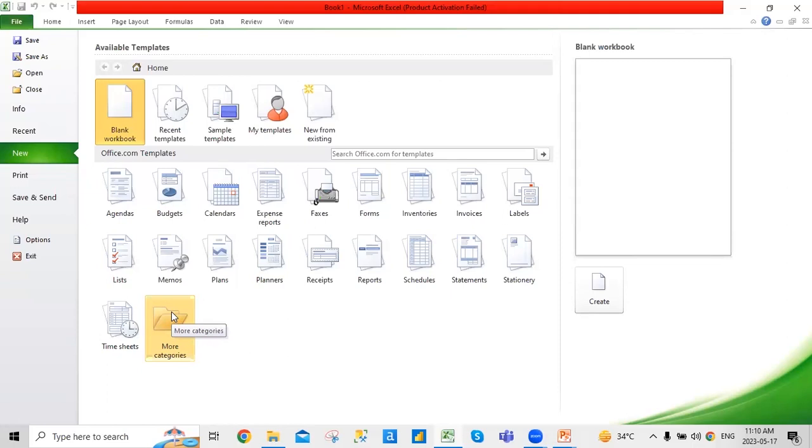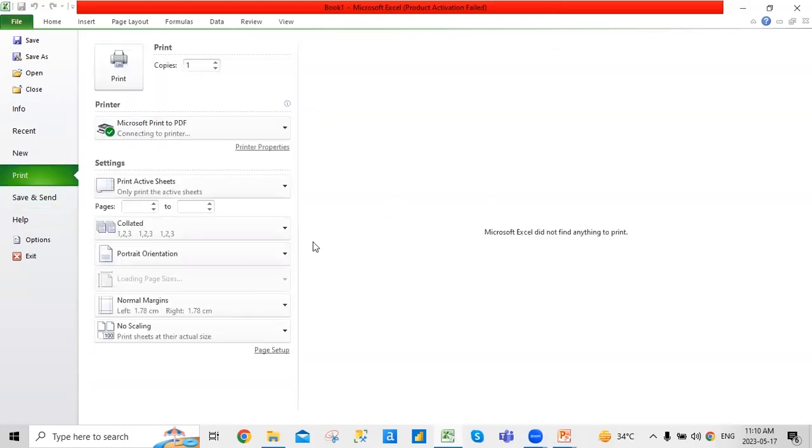So that's how basically it works. Now, next is printing. Printing is where you can print. Like if you have an Excel file, you can print it. You can connect to a printer and